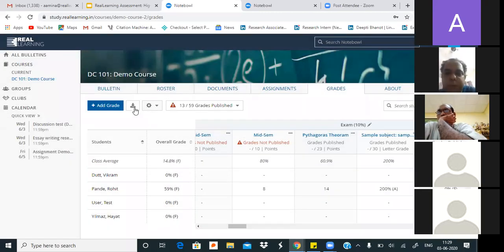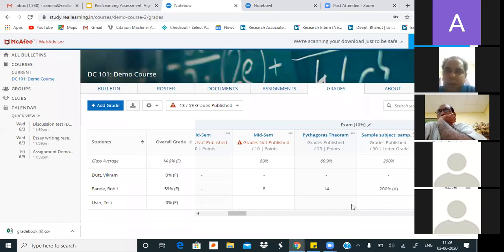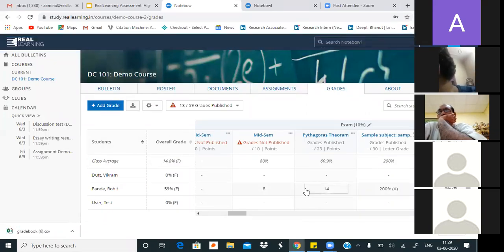The next thing teachers can do is download and export a file of this gradebook that you are seeing. It simply happens with one click. I just have to download it as a CSV, and this gradebook that you are seeing in front of you right now gets exported to the teacher, and they have this for their